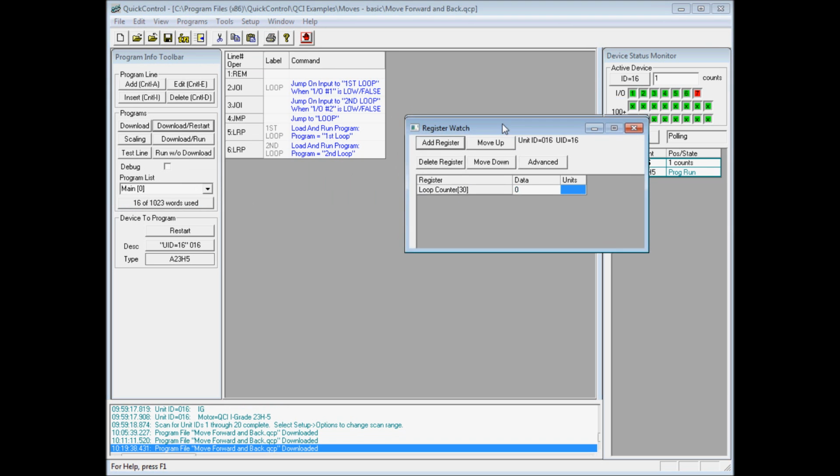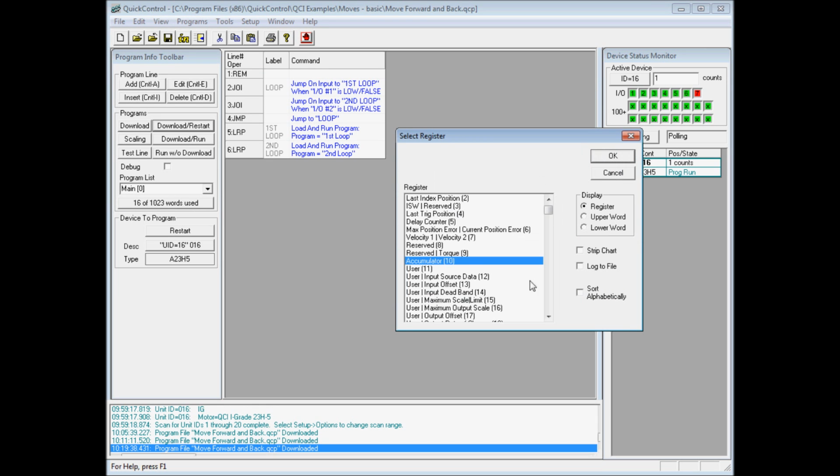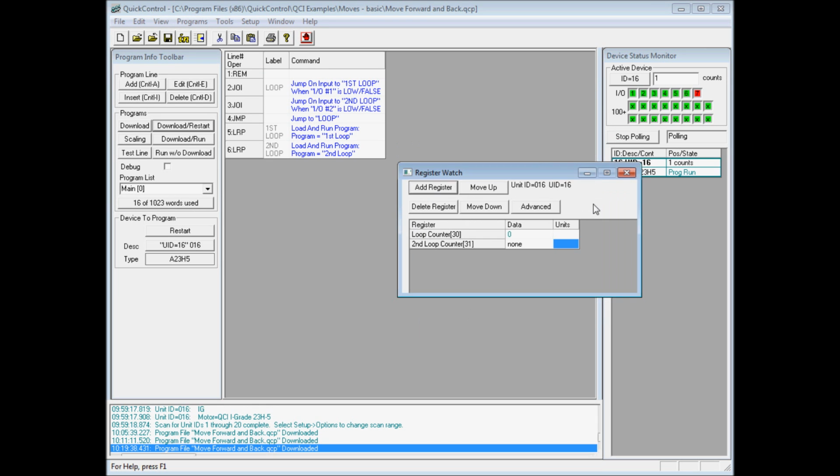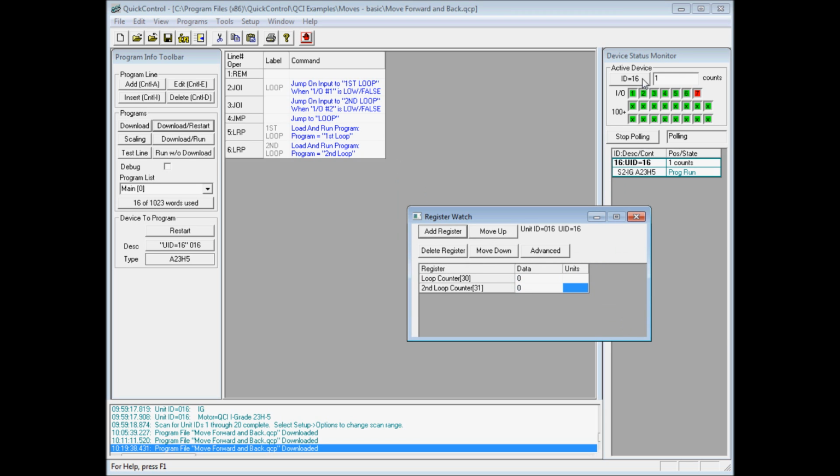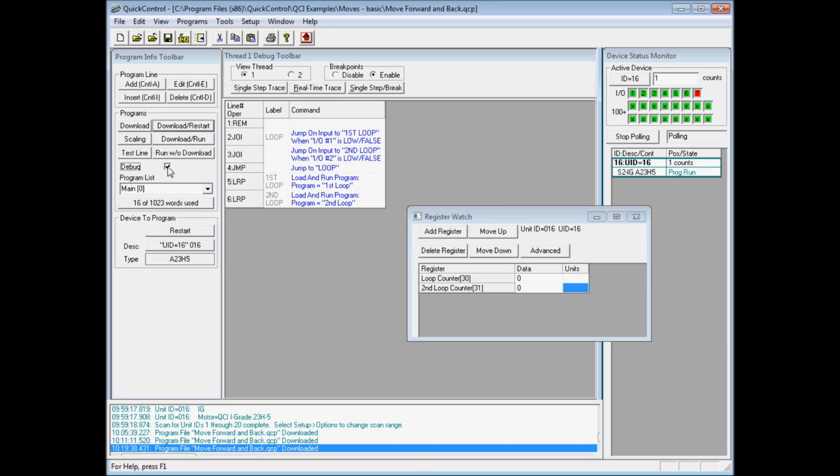Okay, the program's downloaded. I'll go ahead and add register loop 31. And up here under the device status monitor, we can see the IO states. They're currently set high, so they're displayed with a green box. I'll go ahead and check the debug button so we can see where the program is running, and we can see that it's running between lines 2 and 4. Currently, both IO1 and 2 are